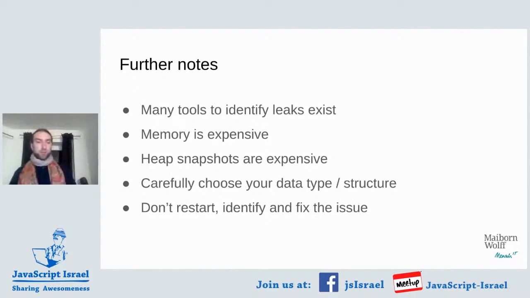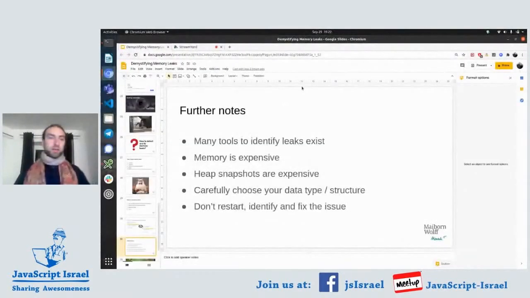What else is there to it? We know we have a lot of different tools to identify the leaks. We know memory is expensive. Be careful about it, especially in cloud environments. It could be very expensive. And heap snapshots are normally not there to be produced in production. I'm going to show you one more part right here,